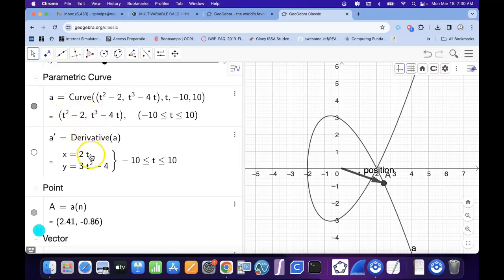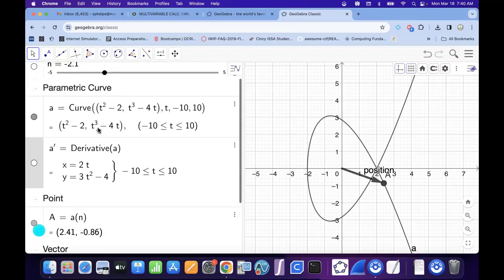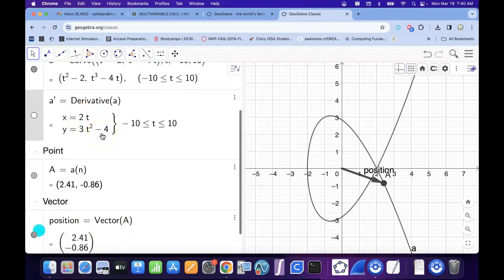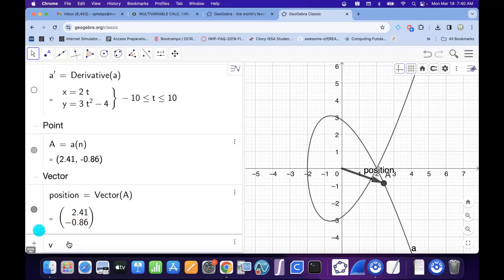It's taking the derivative of the x term and the derivative of the y term. And you could easily just take the y term divided by the x term and get the derivative that we learned about last week. But this also gives you the velocity vector, because the velocity is the derivative of position. So velocity is a vector,